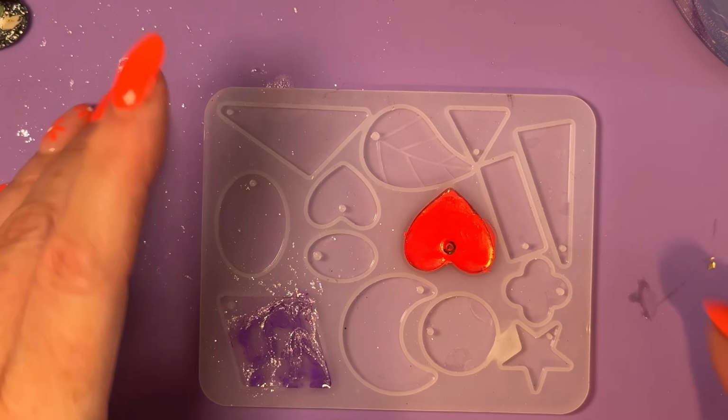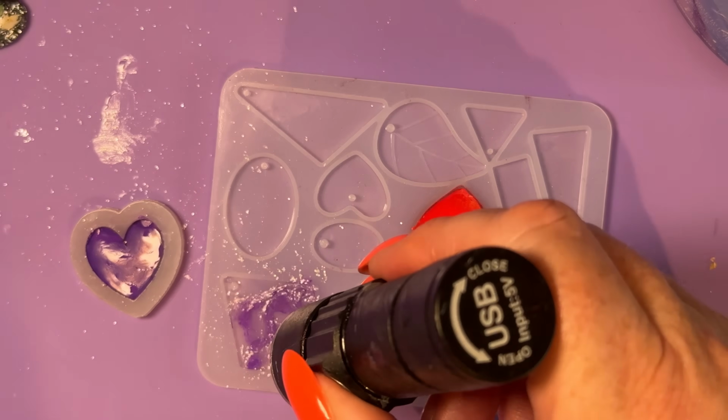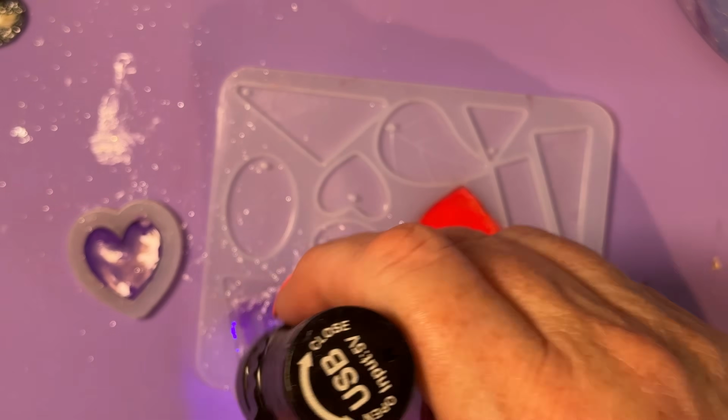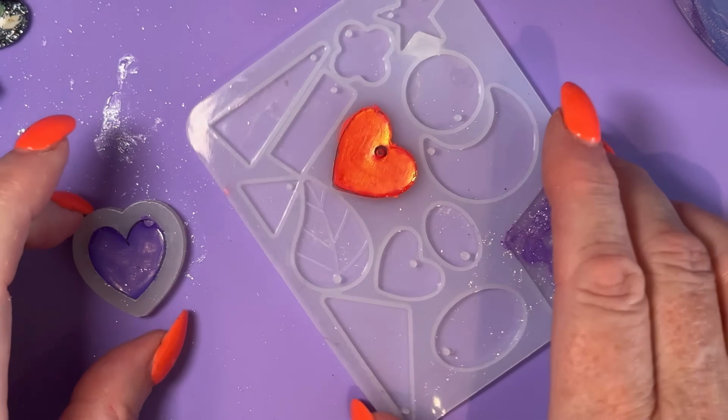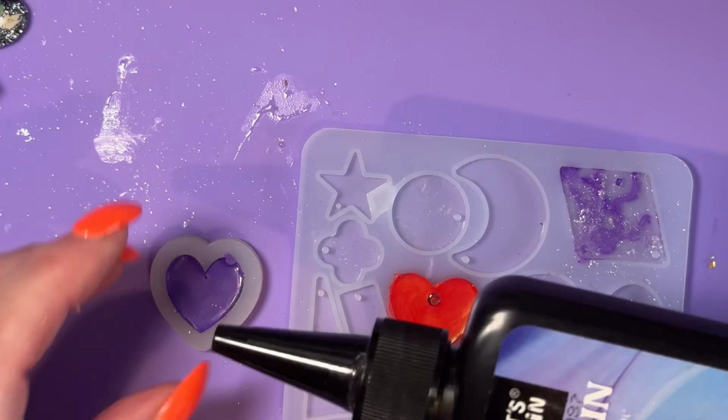Let's cure this, and I'm going to give it a little bit of time for the paint pens to dry on those. And I'll see you in a minute. I think these have all cured, dried, whatever you want to call it. So,